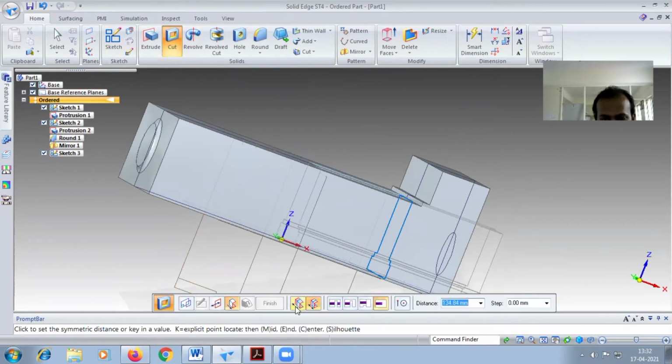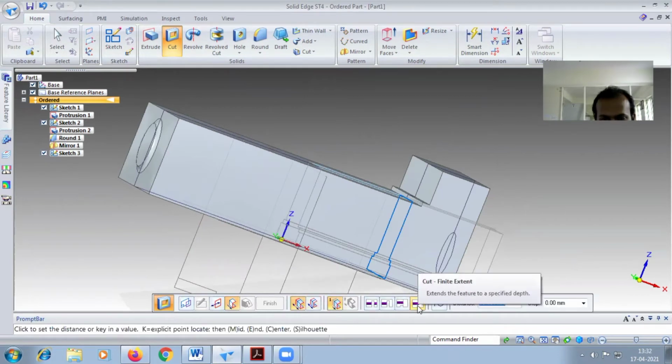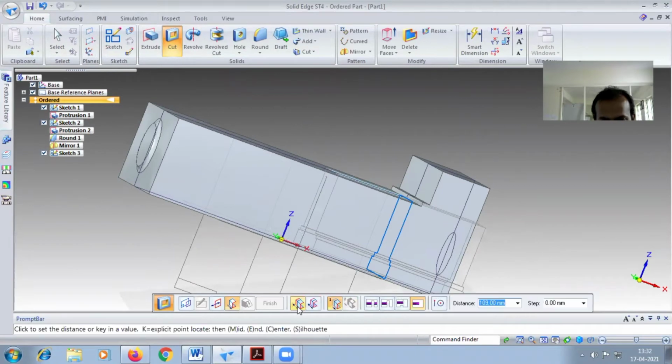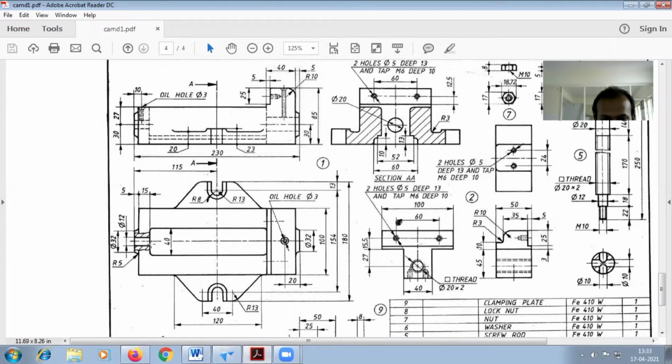So symmetric will come, you have to select the non-symmetric. Select the finite extension, whatever distance you have to give, then select the non-symmetric. After this, carefully select that one. Okay, you have to give this one. So what is the distance that is given? The finite, and select the non-symmetric. Okay, so what is the distance given? So totally we are done already. 220 minus 40, that is 180. 180 minus 15 means 165.